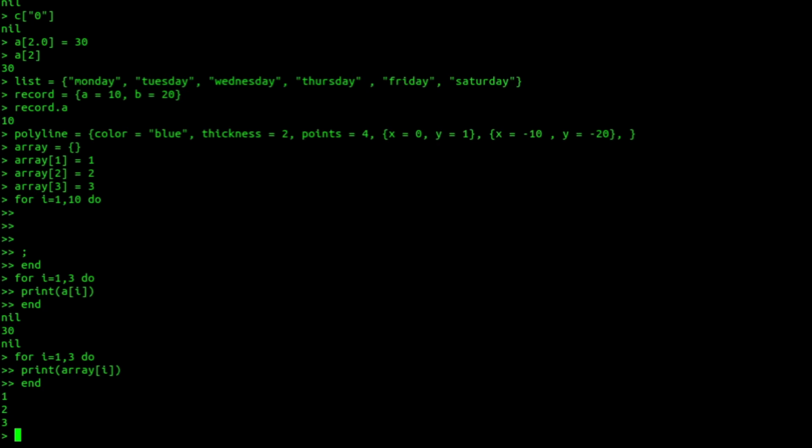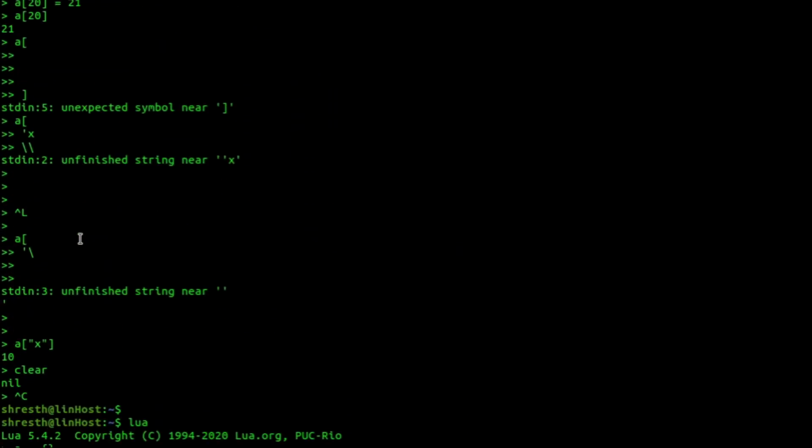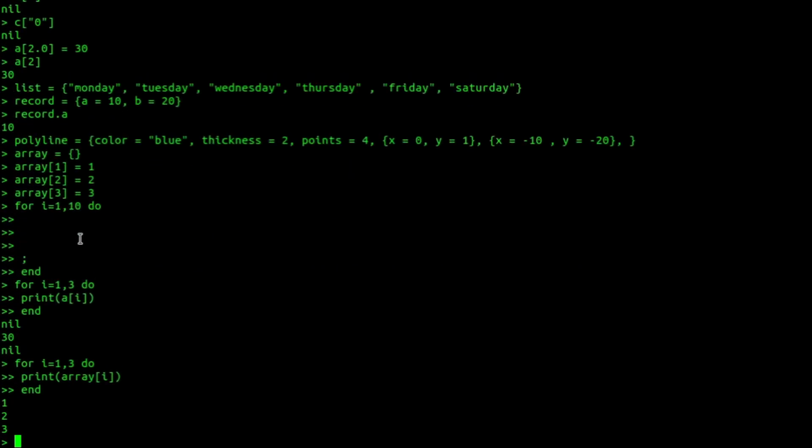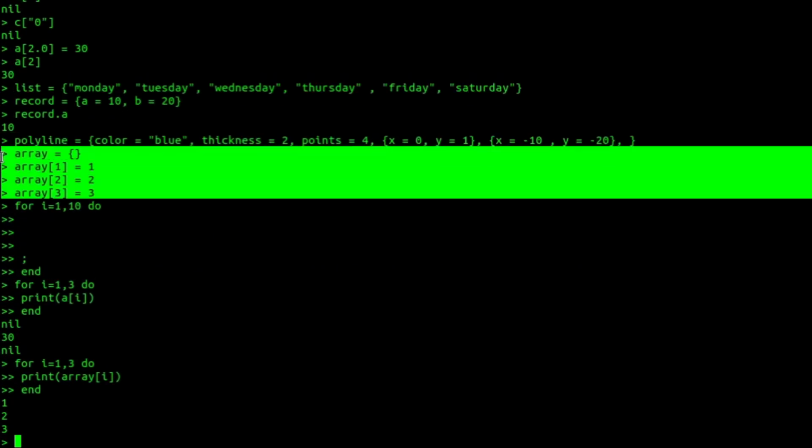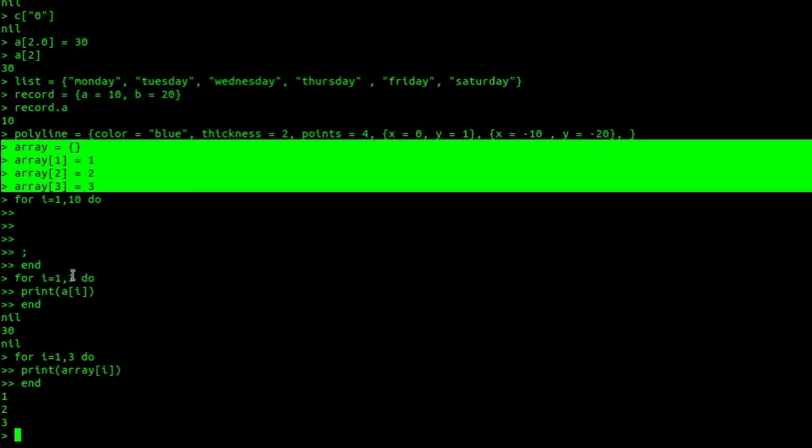To traverse table elements, we have a special function in Lua called pairs. Like here I have so many tables I have already declared. I'll use one of them, let's say array.